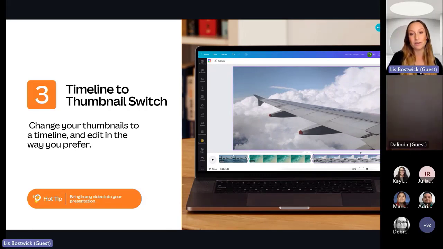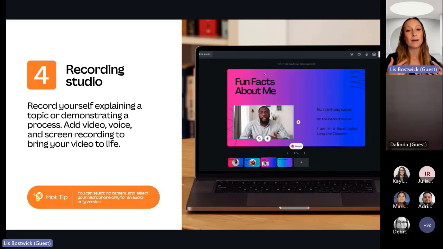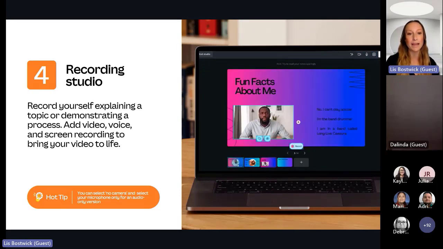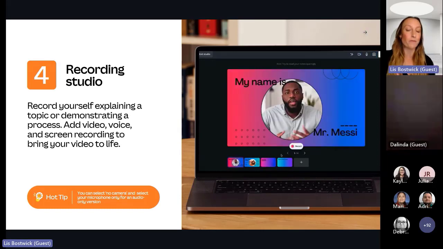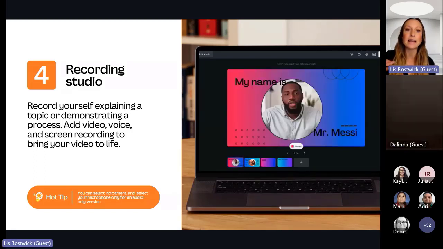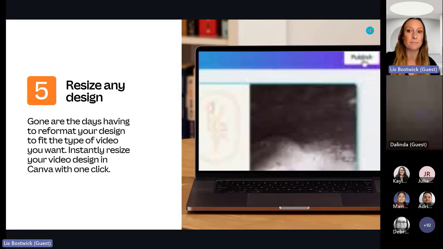And again, that recording studio is truly one of my favorite features in Canva. I've always found a lot of power in helping students to understand how they can add recordings. It's such a great way for them to express themselves, to explain, and just deepen understanding. I also find that when we can share these back with families, we make better connections, right? When the school community and families can see and hear what our students are doing, it makes it much easier to understand the amazing work that educators are doing.